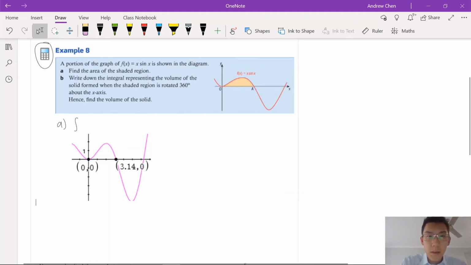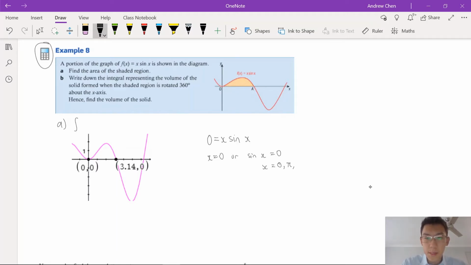Right now, you can also calculate your zeros by hand really quickly. So if 0 equals x sine x, we have x equals 0, or sine x equals 0. And if sine x equals 0, we can confirm that one of the zeros is pi as well. All right, just knowing your solutions for sine x. All right, so always make sure you confirm your intercepts. So that means I want 0 to pi